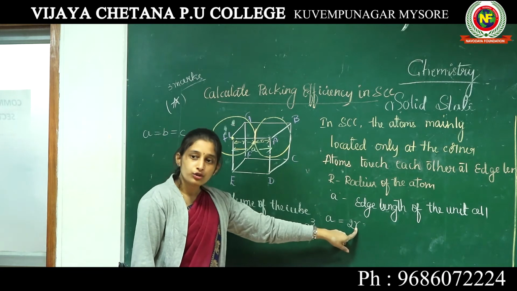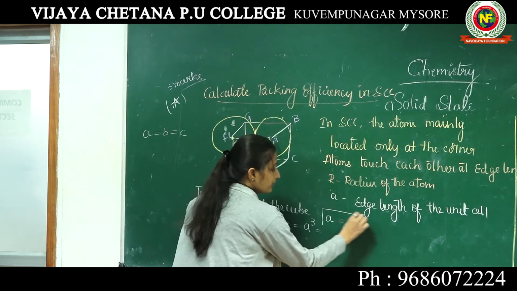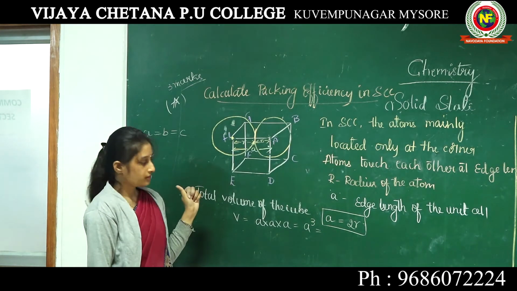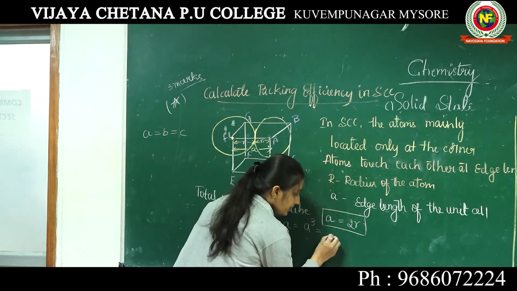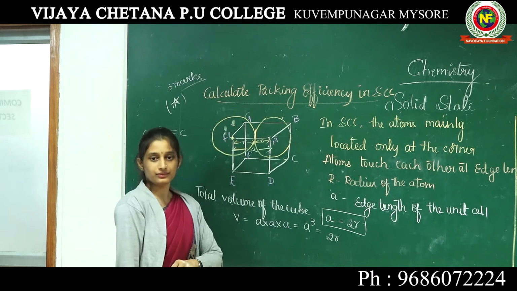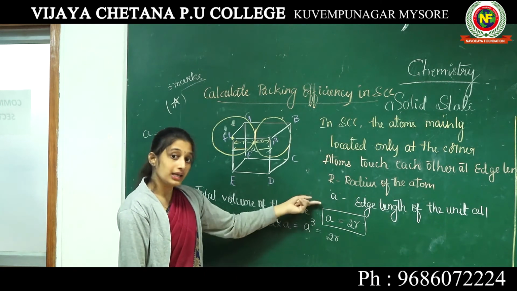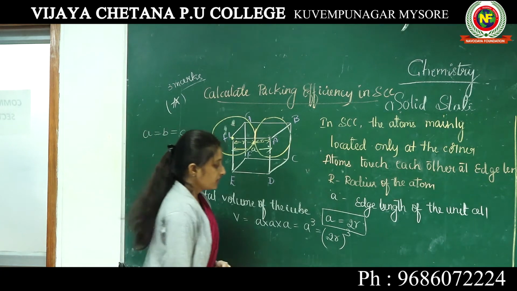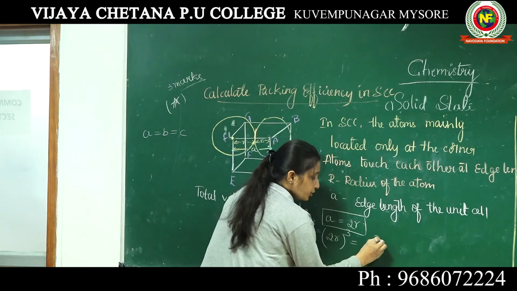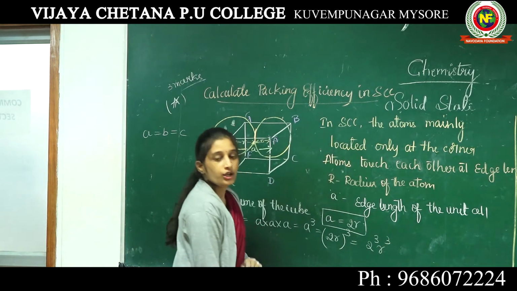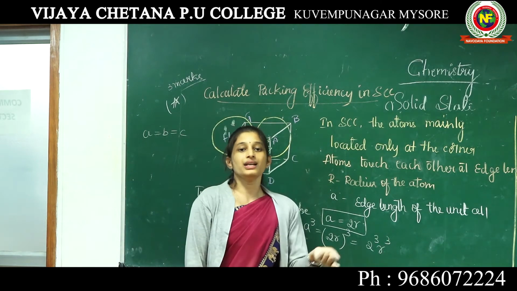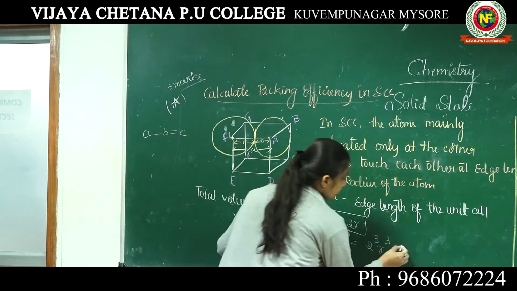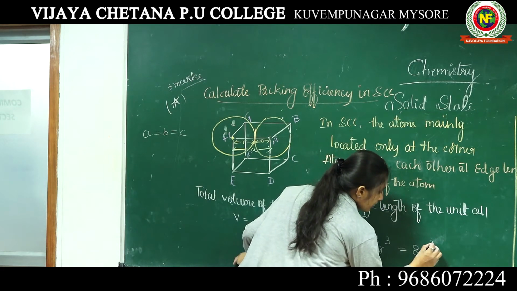What is the a value? 2R. We already know from the diagram, a is equal to 2 times of R. So, in the place of a, you just substitute 2R. But it's not a, it's a cube. That's why (2R) to the power 3. Now, 2 cube, R cube. 2 cube means what? 2, 3 times multiplication. 2 into 2 into 2. 2 2s are 4, 4 2s are 8. So, 8 R cube.